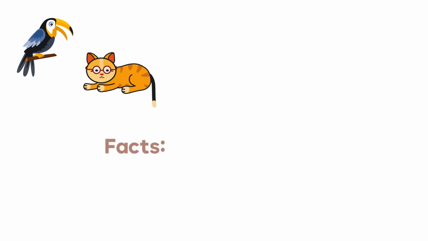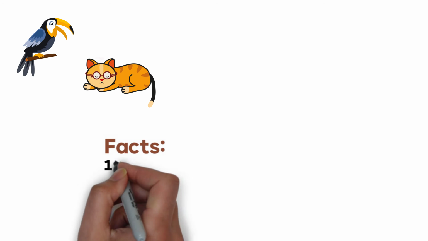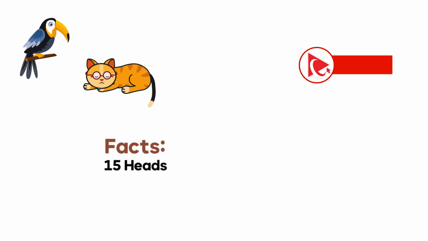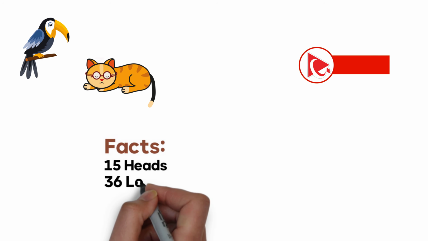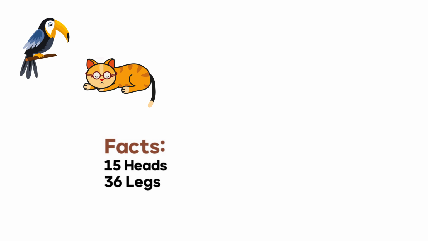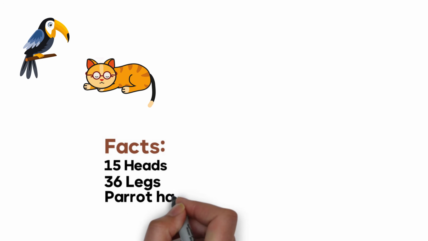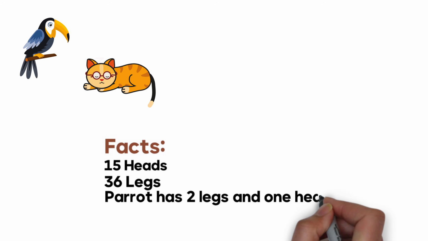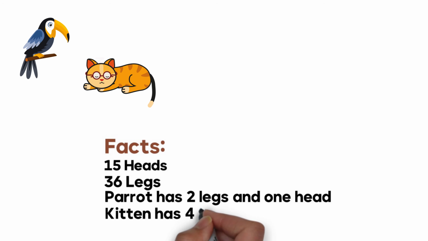You start to solve these types of challenges by looking at the facts. And we have 2 facts here. We have 15 total heads of animals in the store. And we also have 36 legs. We also know that each parrot has 2 legs and 1 head, and each kitten has 4 legs